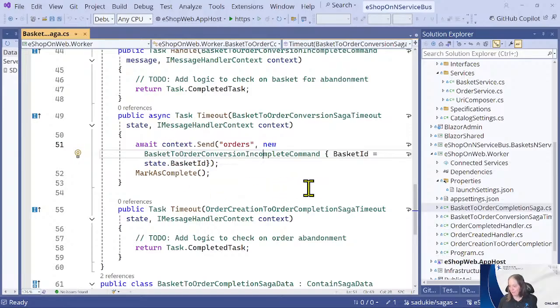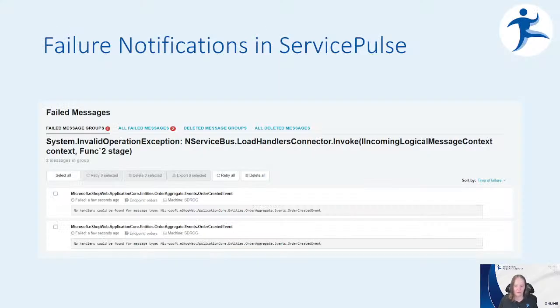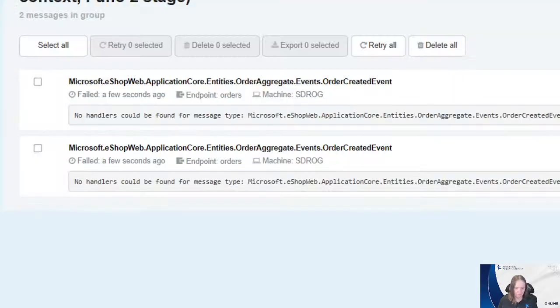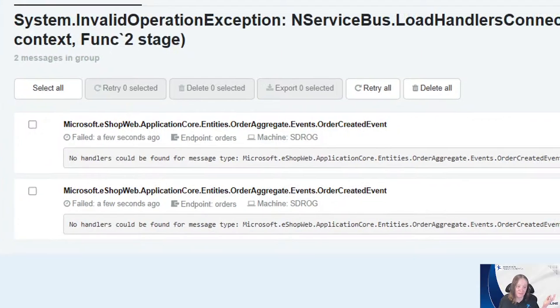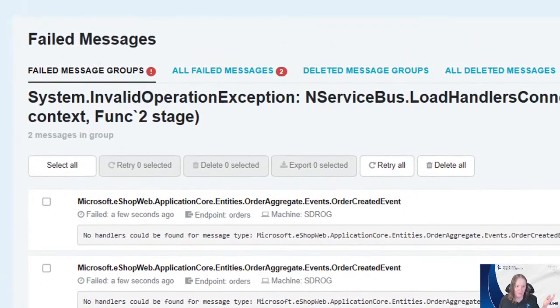Does it help to see the code? Help to see what it's looking like? And again, when we ran it, you can get in ServicePulse as well as to what is this doing? With ServicePulse, it failed messages. I'm glad I got screenshots because it didn't want to show it today. But if it does fail, you'll see something like this, where no handlers can be found, doesn't know what to do. I'm guessing with today's demo, I just didn't hit the timeout long enough, but you'll get these notifications.